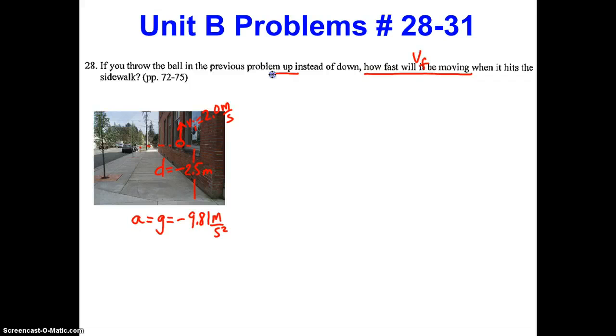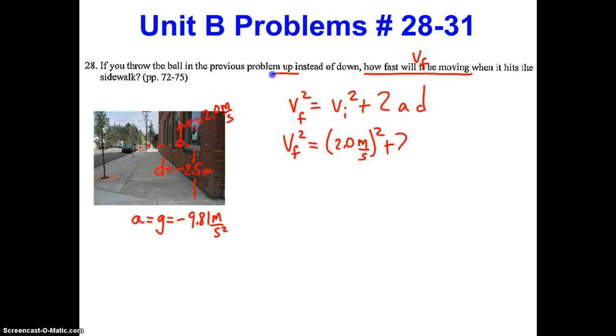We're looking for VF. We know VI, we know A, and we know D. So it makes sense, based on what's available to us in the reference table, that we would use VF squared equals VI squared plus 2AD. Let's go ahead and make our substitutions. VF is what we're looking for, and it's squared. VI is 2.0 meters per second, also squared, plus 2 times negative 9.81 meters per second squared, times the d value, the distance, which